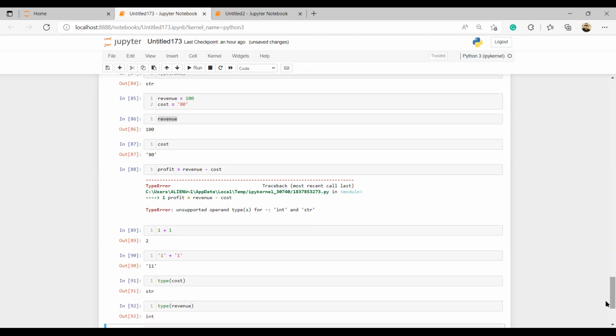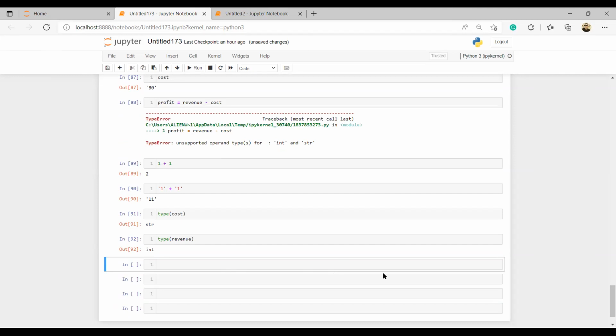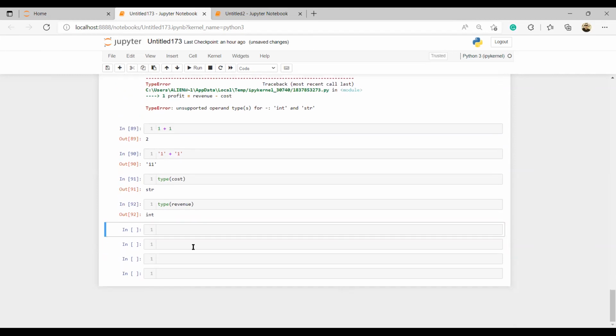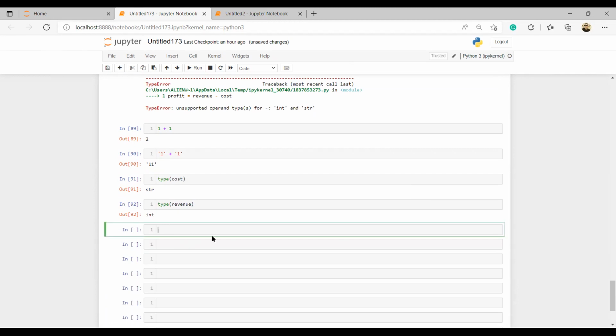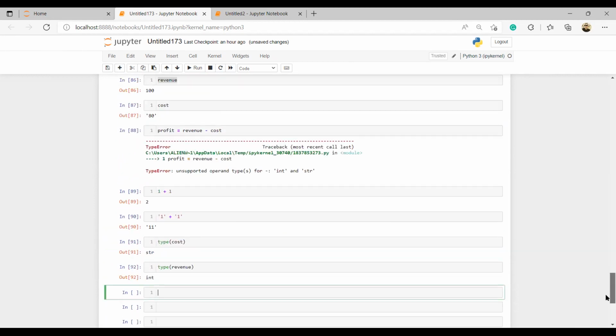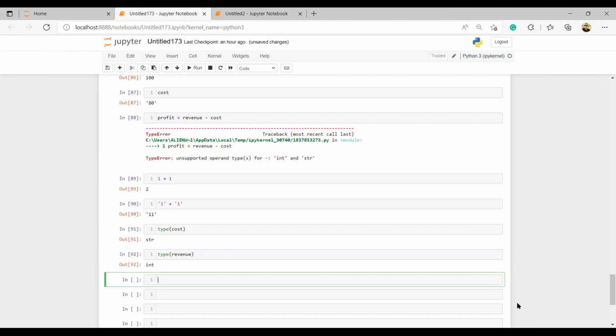Integer. Can we add integer and string together? No. It must be in the same form. So if I have profits equals revenue minus integer of cost, what have I done now? You have converted it.